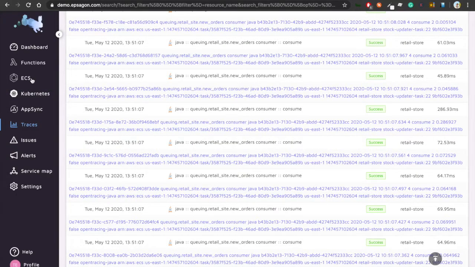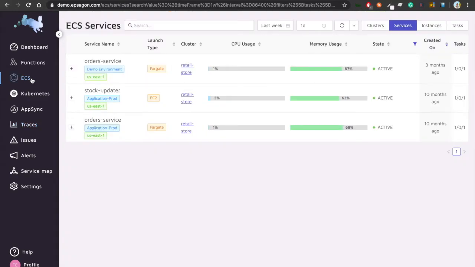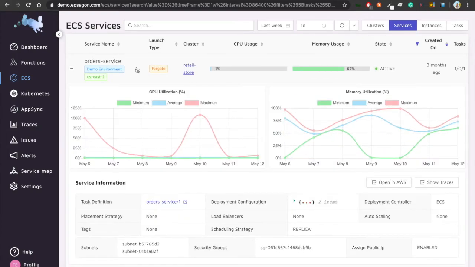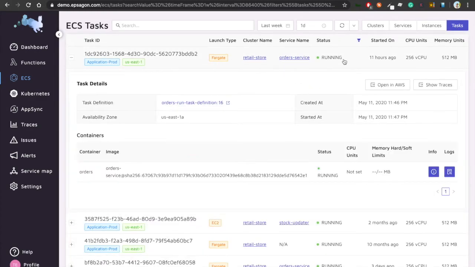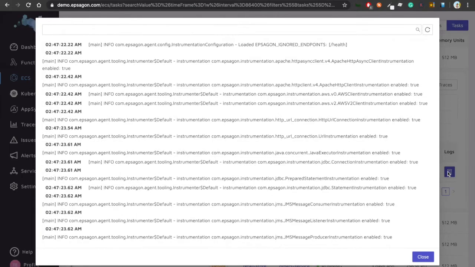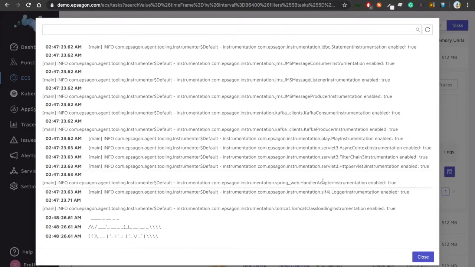Epsagon also provides out-of-the-box monitoring for almost any kind of popular infrastructure today: ECS, Kubernetes, serverless functions, and so on. I'm showing here as an example the ECS dashboard, where you can see for each and every service exactly what's going on: CPU, memory, configurations. You can see instances, clusters, tasks, everything comes out of the box. So even if you're interested in the logs of a certain task, you can easily expand the desired task and then I either see the info or get the logs all the way to you. So it makes it much simpler to have everything under the same observability system.